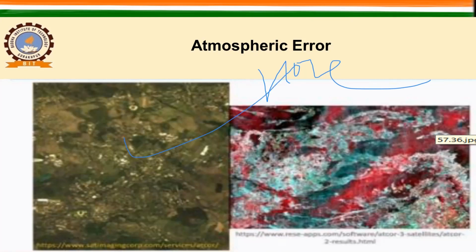So we'll see how we can remove the atmospheric component from remotely sensed data, because we cannot avoid our atmosphere, our clouds. They will be there during the acquisition. Sometimes, if we are very lucky, you don't have clouds. हमारे पास कभी कभी cloudy condition नहीं होता है, right? This is another example where you have an image. I will show you another example.